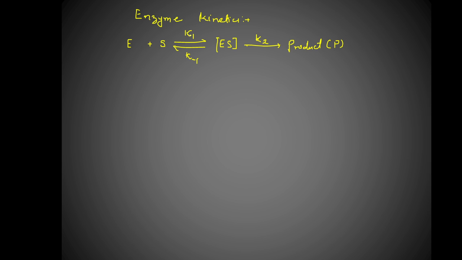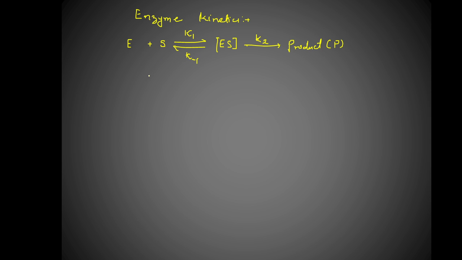So clearly we can check over here, K1 is a second order rate constant because its rate depends upon concentration of two species, and K2 is a first order reaction because its rate depends upon concentration of only one species. K minus 1 is also a first order reaction because its dissociation also depends upon only concentration of one species. On applying the steady state approximation, SSA, we can get the Michaelis-Menten equation. Over here, I will not discuss that in detail. I will discuss from examination point of view, which will be useful for your exam.